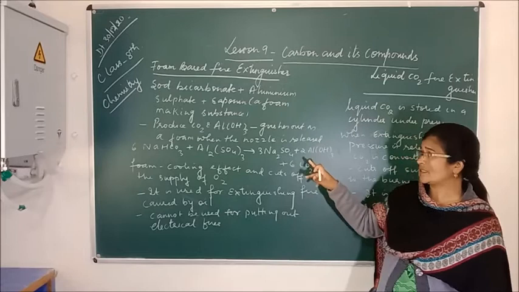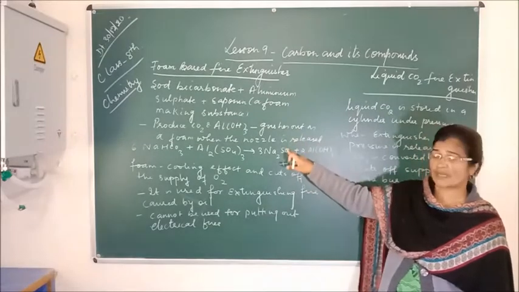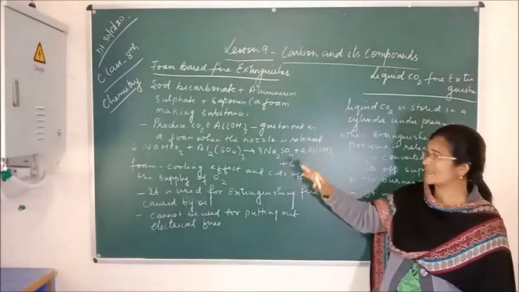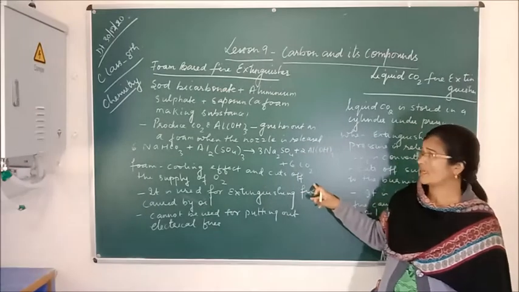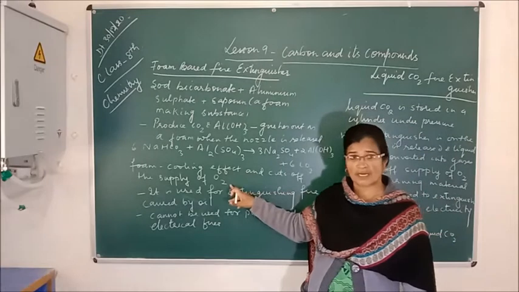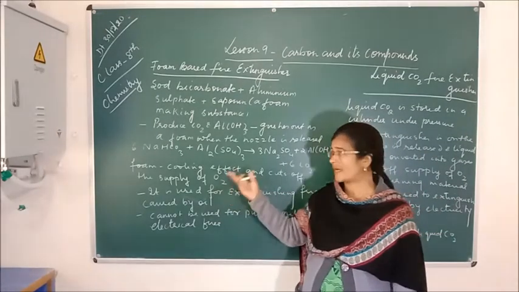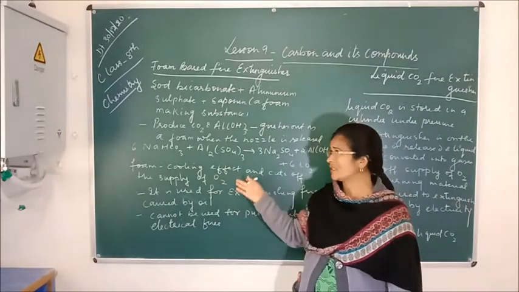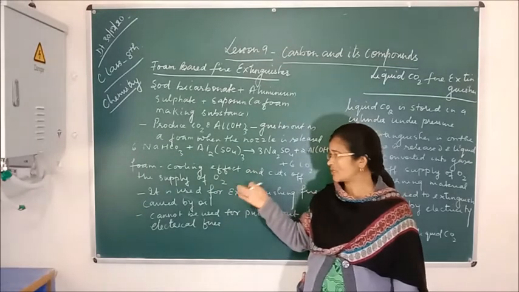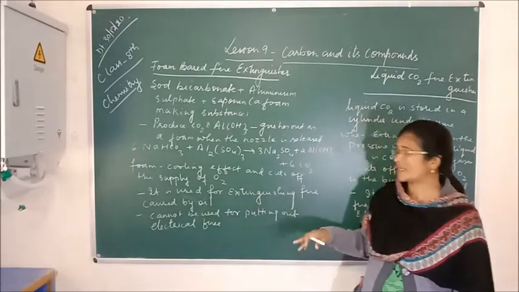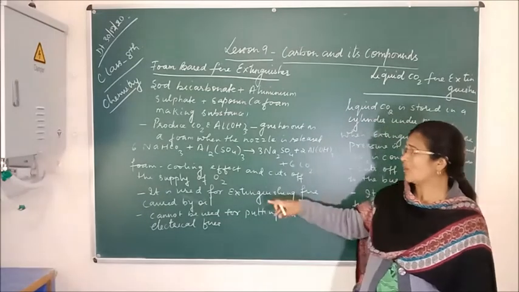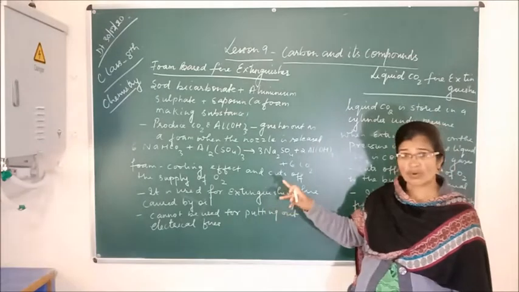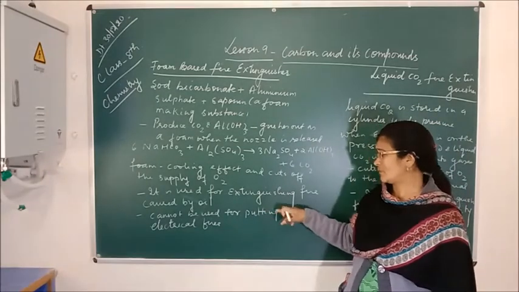So the foam which is released in this type of fire extinguisher acts as a cooling effect and cuts off the supply of oxygen, and when the oxygen supply is cut off, the fire gets extinguished. In this way the foam based fire extinguisher works, and this type of fire extinguisher is used to put out the fire which is caused by oil especially,